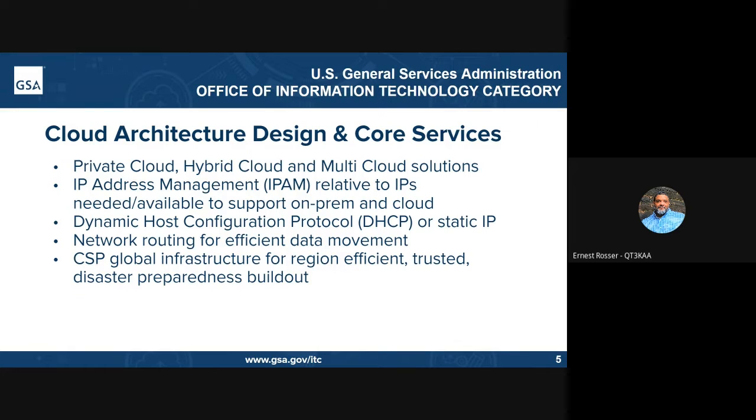Of course, IP address management in the cloud is very unique, mainly because of the cloud's use of IP address space. We'll talk more on that in the upcoming networking slide. The point here is to ensure you have enough IPs to cover your well thought out design, specifically identifying enough IPs for each subnet and or VNet across on-prem and the cloud. This may not be a huge issue due to the OMB IPv6 transition mandate, but it's best to plan ahead and accommodate while building a new environment.